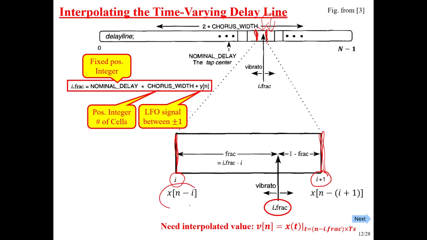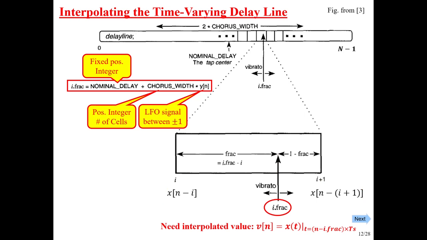So the sample stored here is actually x of n minus I, and the sample stored here is x of n minus (I plus 1). So one point earlier in time, but to the right in the delay line. But the sample that we really want is somewhere in between those two. We don't have that sample. So we need to figure out what it is. And so what we're going to do is